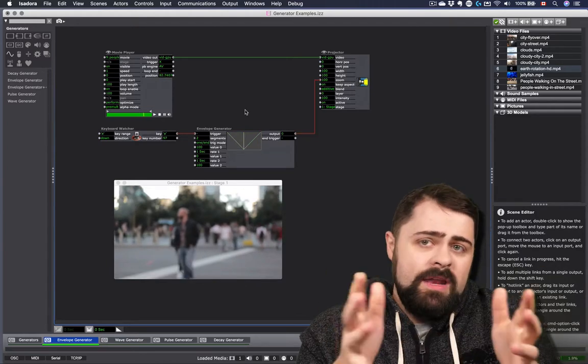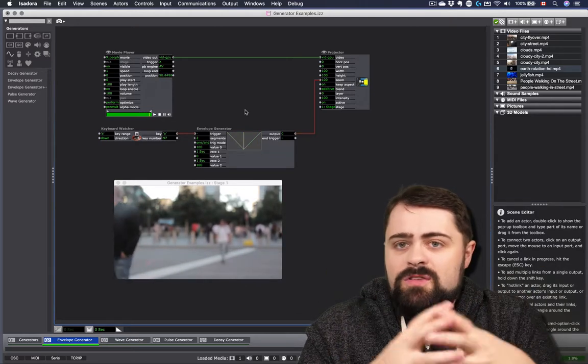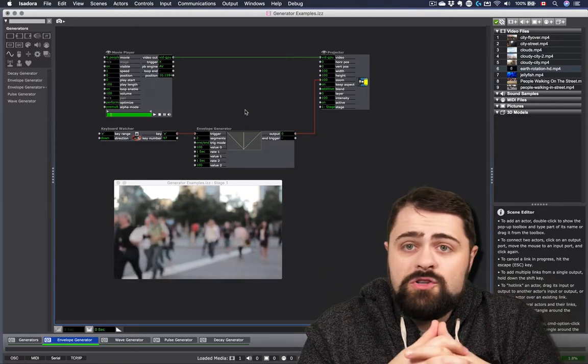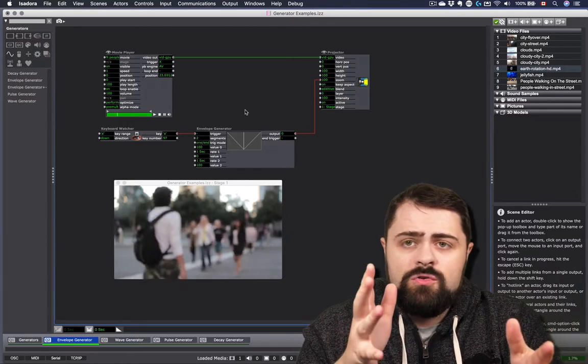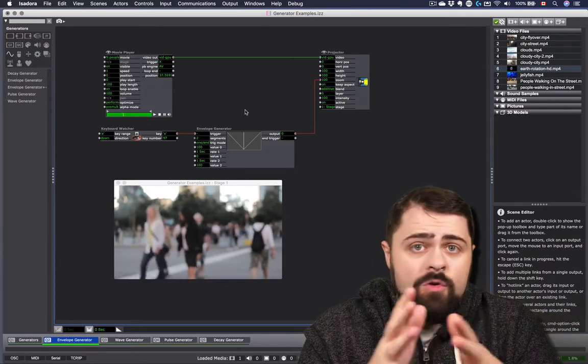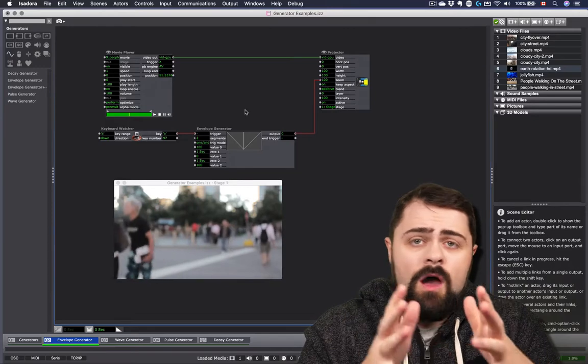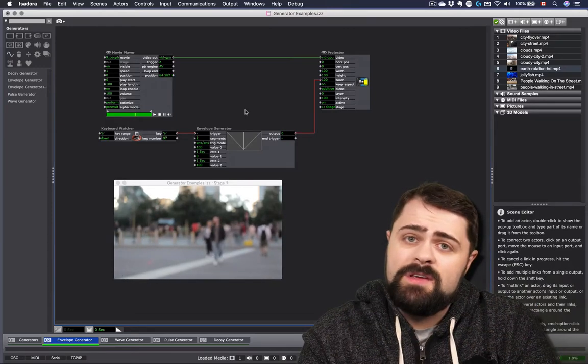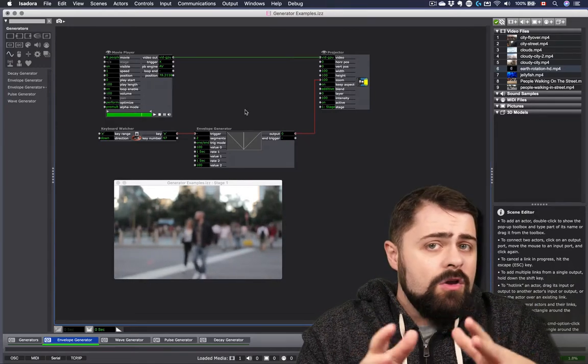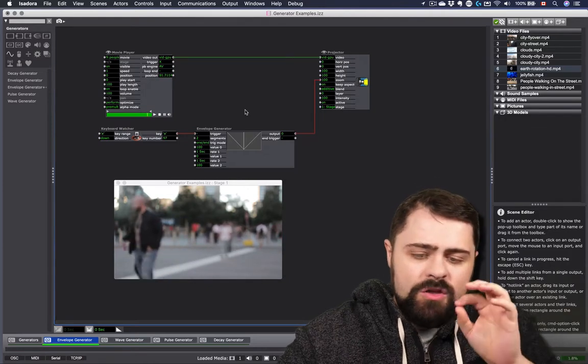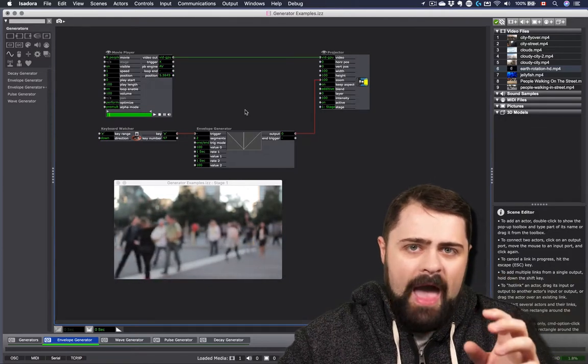So we can even use this alongside features of the projector actor like the horizontal position or vertical position to determine movement and move objects and videos around within the canvas of our projector. I encourage you to experiment with just this little patch.